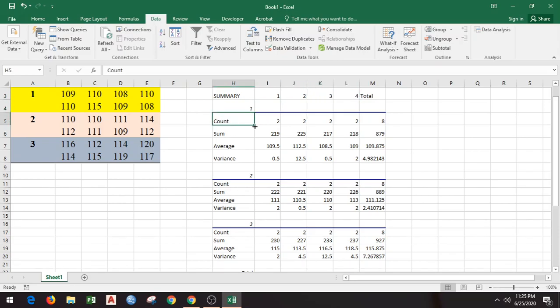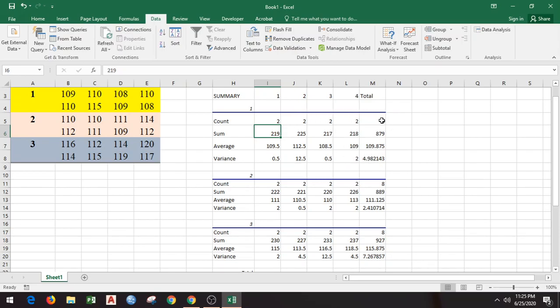So count means how many experiments were performed for operator 1 and machine 1, 2 experiments, what is the sum of the observations that we got, which is 109 and 110, the sum of these 219. Then average, variance, same thing goes for machine 2, 3, 4, and finally total.